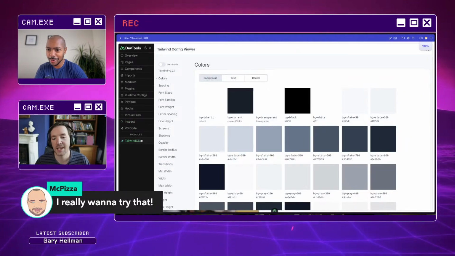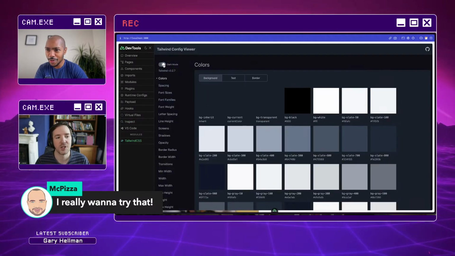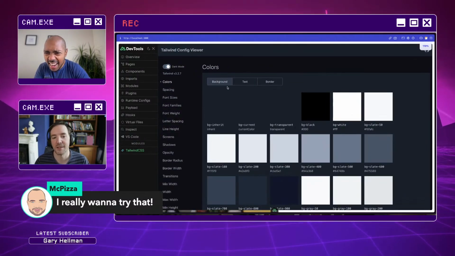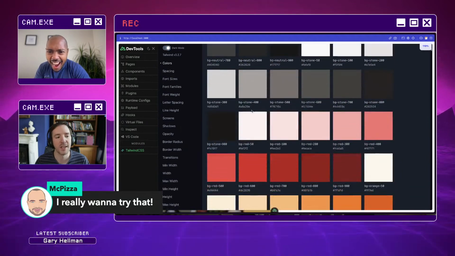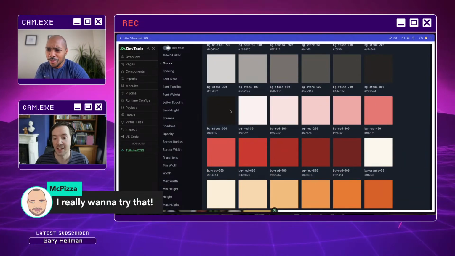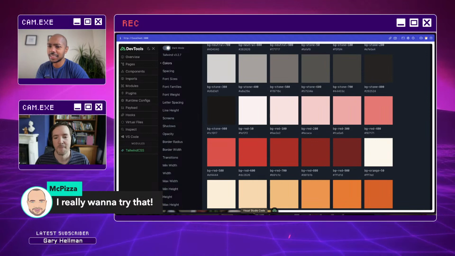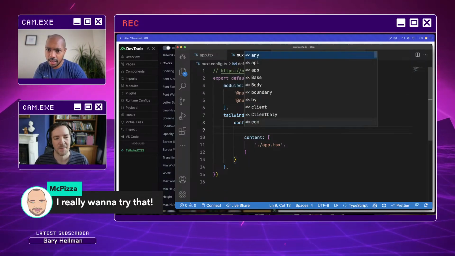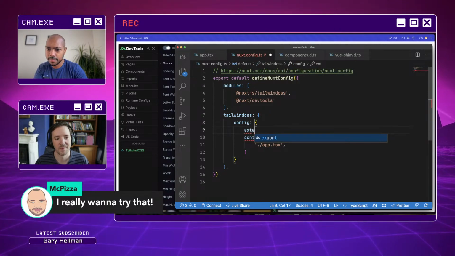Tailwind CSS module has injected an explorer for you. So this is your Tailwind CSS config. If you change any options, you will now be able to see exactly what the options are. Okay, I need to test this. Dude, this is nuts. So if I come here and say extends